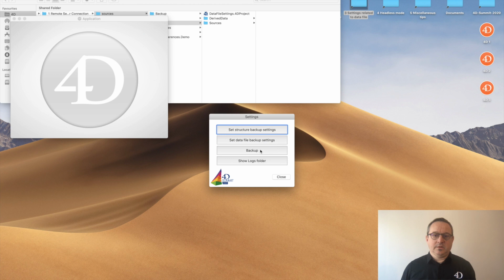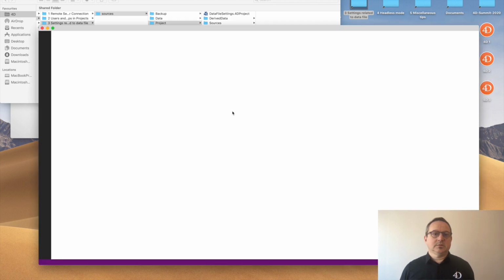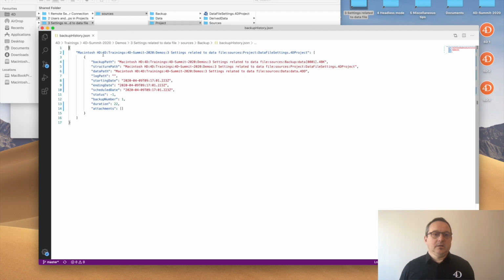So when I back up the database, it creates my 4dbk file and the backup history file. You can take a look. There's a backup with all information: the start, the end, the duration, and no attachments.